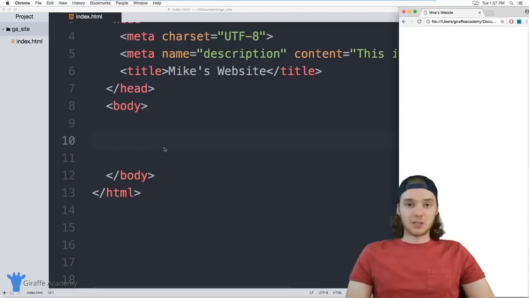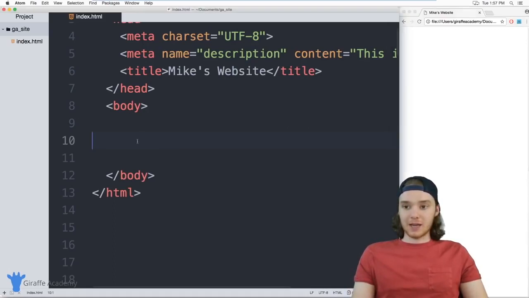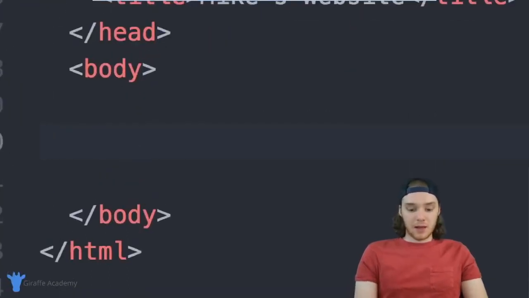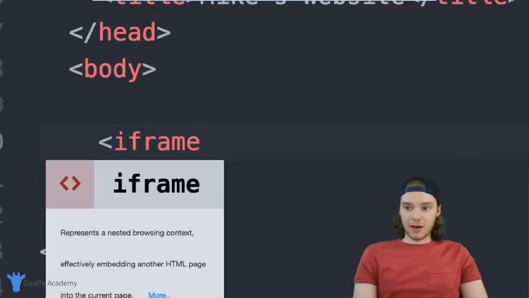In this tutorial, I'm going to talk to you about using iframes in HTML. An iframe is an HTML element that's able to display another website inside of your web page. So you can effectively embed an entirely different website inside of your own web page, which is pretty cool. You can create an iframe tag pretty much anywhere in your site, and it's just iframe like that, and